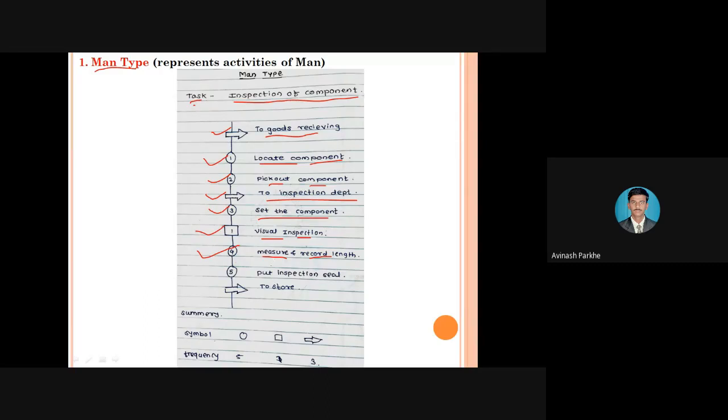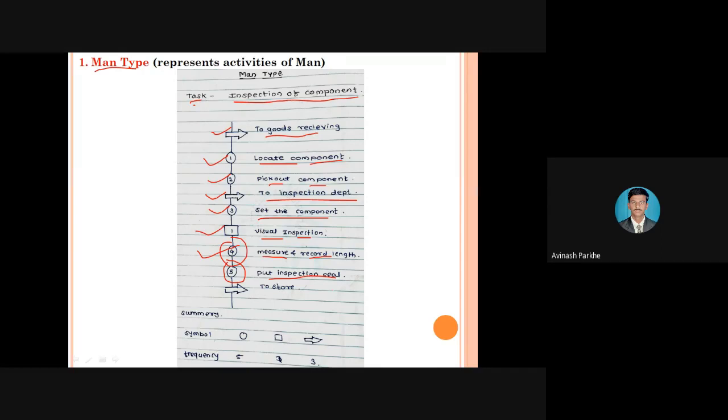And after that he will take some of the measuring equipments, maybe vernier, maybe he will take some gauges, maybe some scales, and that measuring and recording length, it will be taking place in this particular operation number 4. Then after operation number 4, the operation number 5, it represents the put the inspection seal. Once your operation is over, you have to give the information like that now your inspection is over. So for that purpose, again that operation is represented by this particular operation number 5, which indicates that put the